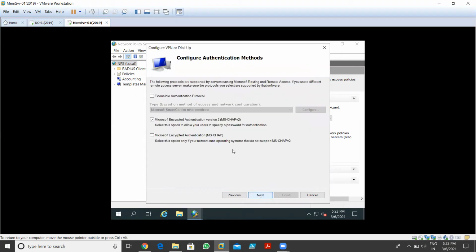Now click on next. Now they ask you for the authentication method. So I'm using an authentication protocol, and over there I'm using EAP MSCHAP version 2. Be sure that you select the authentication protocol over there. By default we're using MSCHAP, so I use the EAP MSCHAP version 2 protocol for authentication.